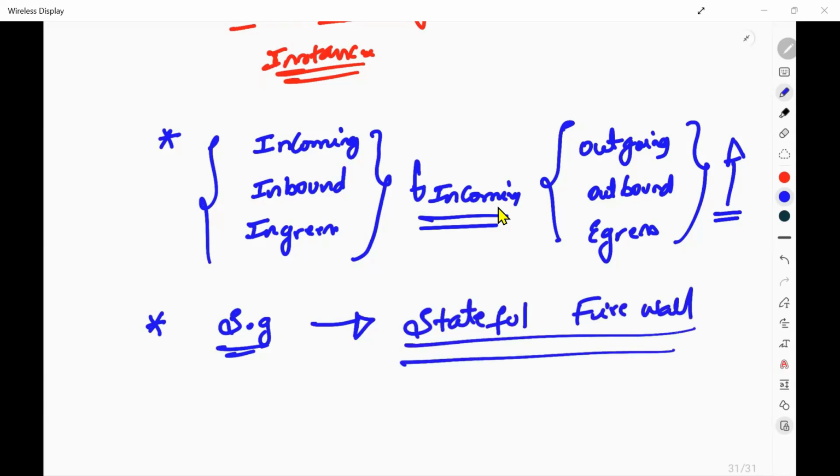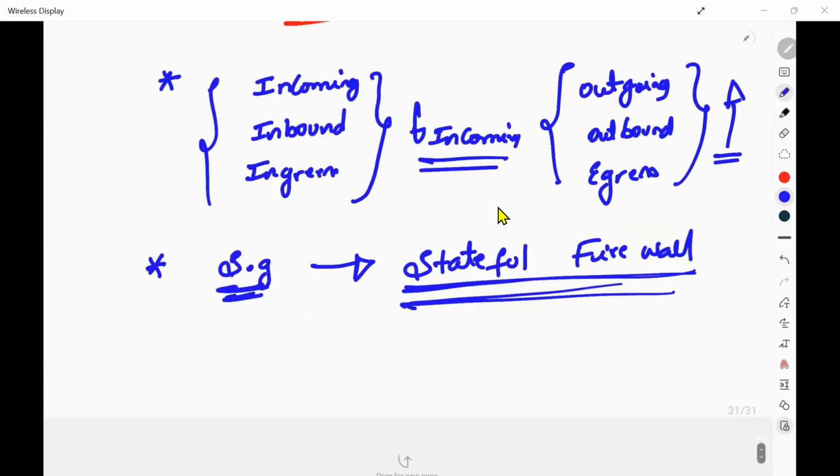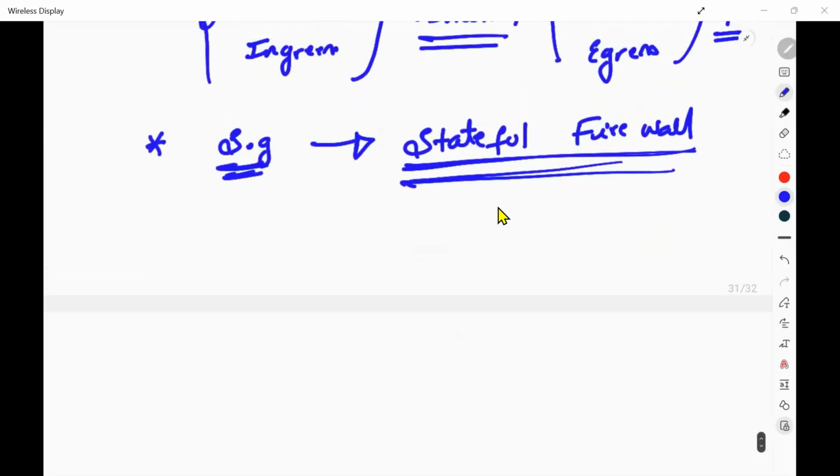Security group, you know what it is: a protection at an instance level, a firewall at an instance level. It manages incoming or inbound and outbound traffic. It controls incoming and outgoing traffic to your EC2 instance. Now, I'm adding one more point: security group is a stateful firewall. Firewall, I think everybody knows what it is; I'm not going to explain this.